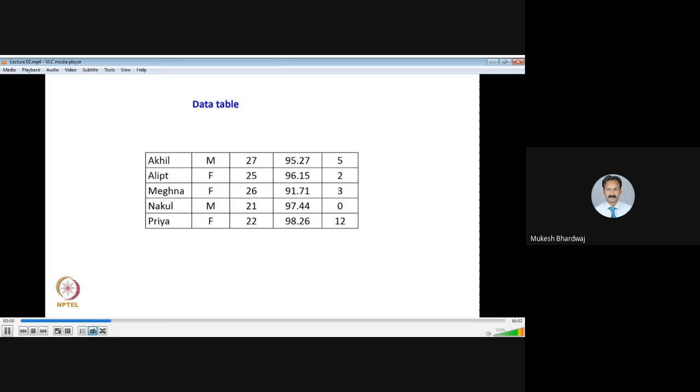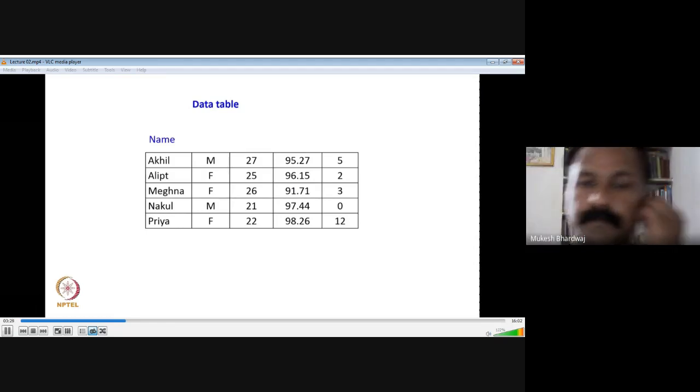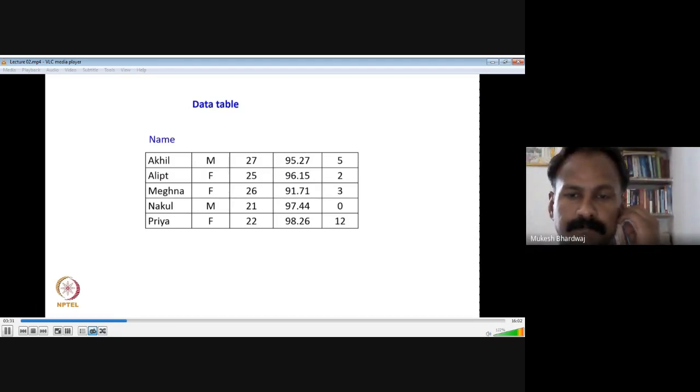If you look at it very carefully, all these 25 pieces of data may not be there in the previous picture, but one could say that this type of a table can always be drawn from the source from which the data in the previous picture had been taken. Now we have classified this data. We'll look at this a little more, and then we can give some generic headings, such as name for the first column, which has Meghna, Nakul, Priya, and so on.